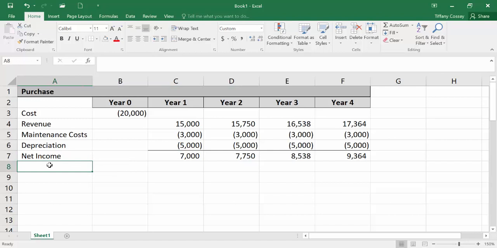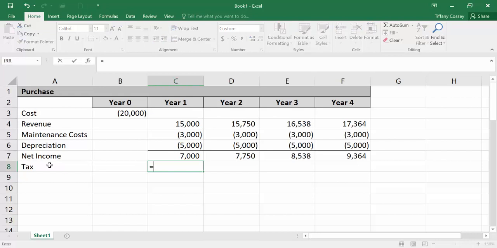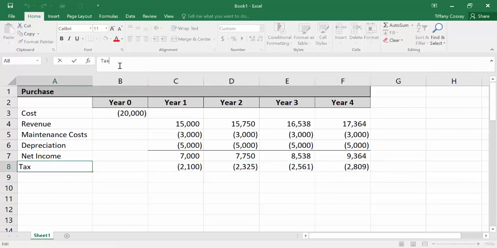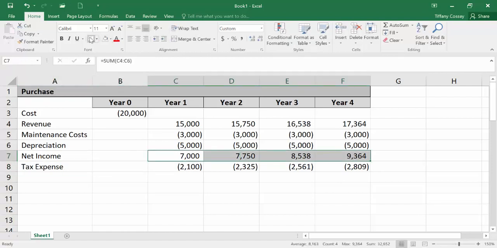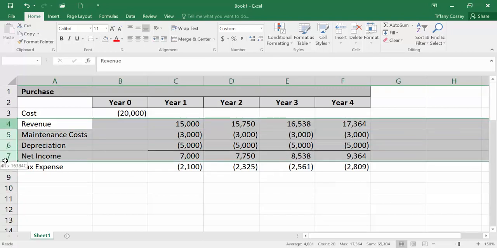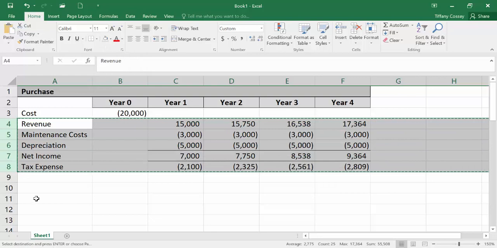And we'll apply the tax to this amount. Our problem said that tax was 30% of the net income. And before we spread that, that's going to be a cash outflow. So we're going to treat that like a negative number. Okay. Now what I'm going to do is calculate the cash outflow